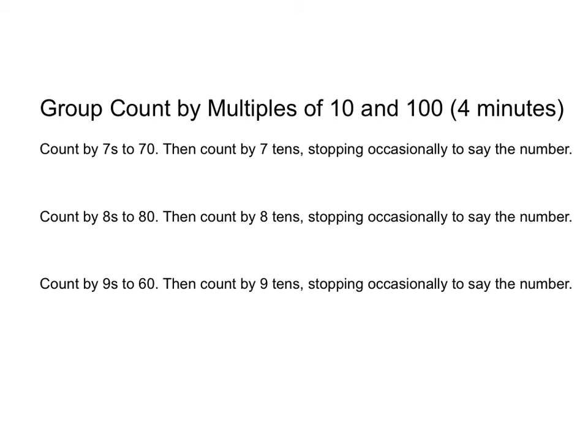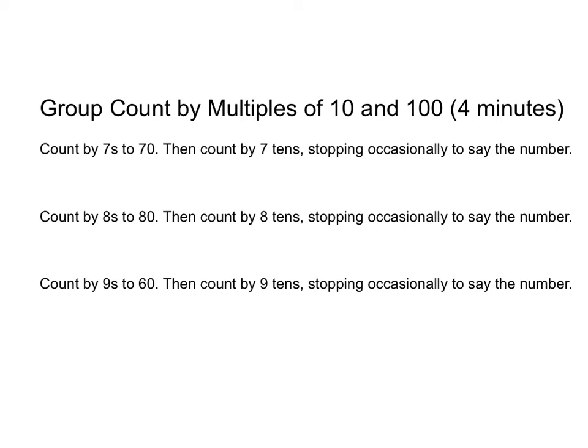Starting with 7. 7, 14, 21, 28, 35, 42, 49, 56, 63, 70. All right, counting by 7s, a little bit trickier than counting by 3s or 4s, even a little trickier than counting by 6s. Now let's try counting by 7 tens, and we'll stop a couple of times and say what